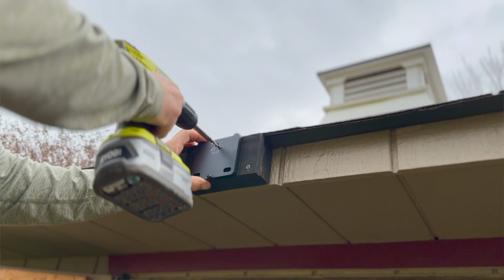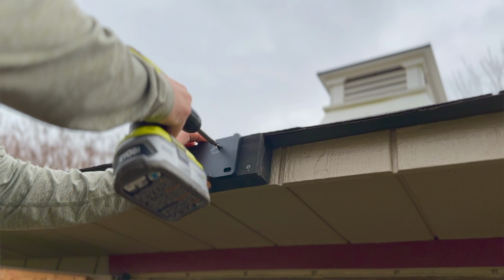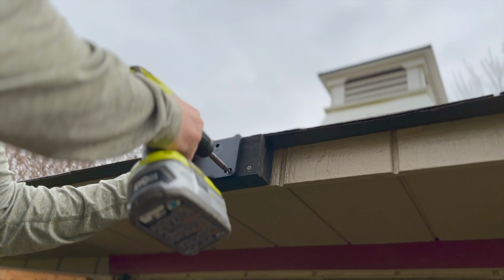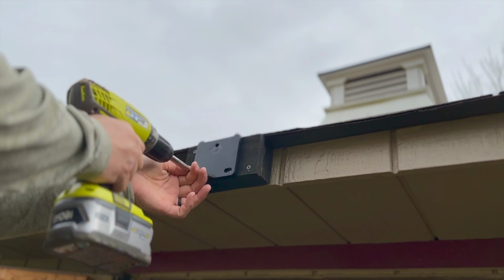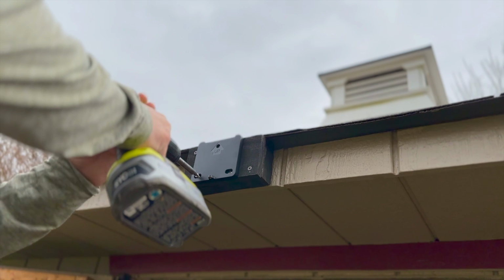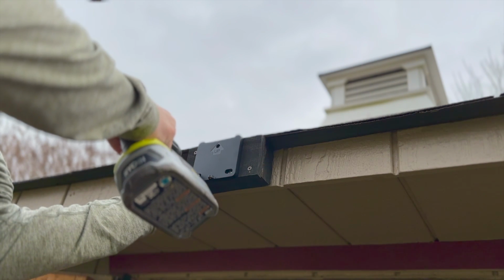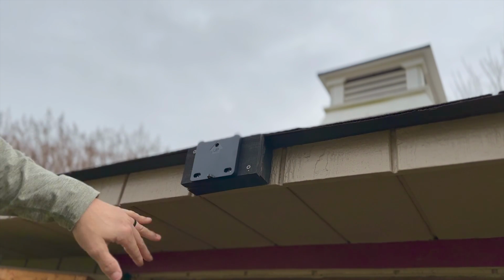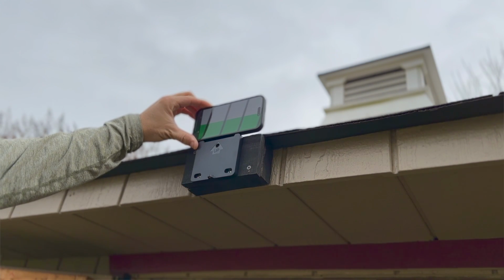Snugly drive each screw into the mounting plate, but still allowing some movement to make some adjustments before snugging tightly. Next, pull out your trusty level in order to make sure that your mounting plate is level before attaching the